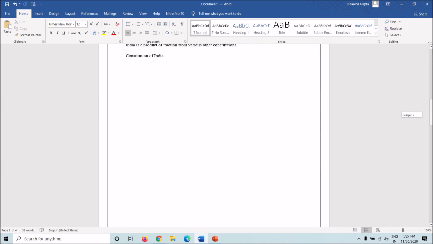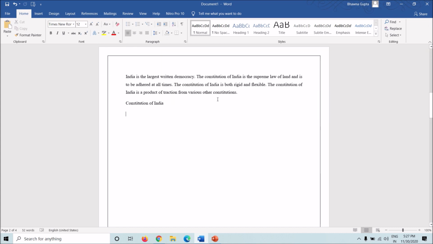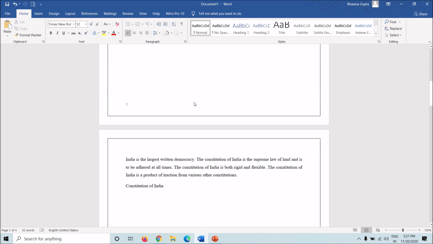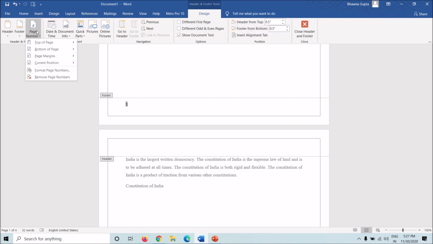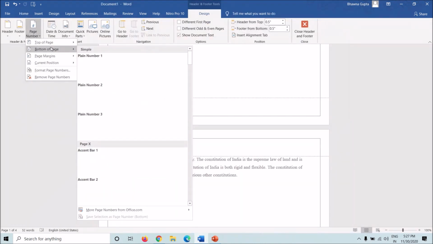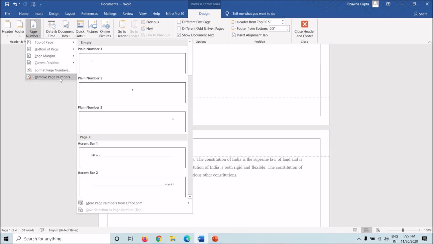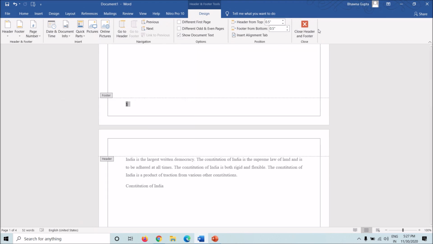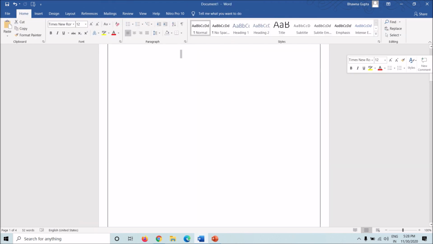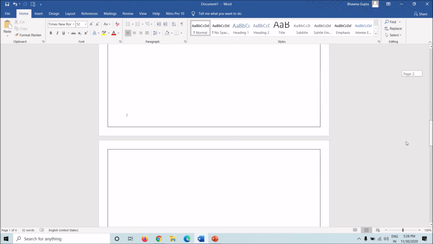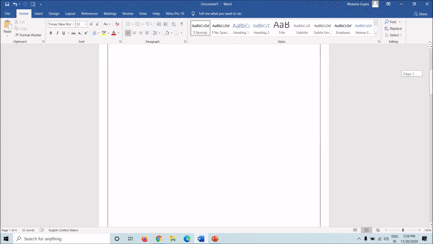It's quite easy adding the page numbers, but I want to have a different page number on the second page from my first page.